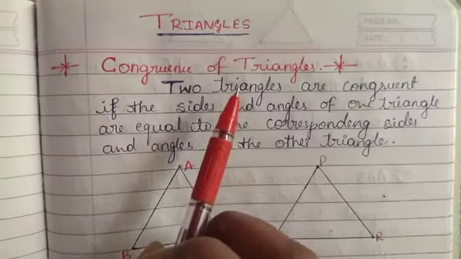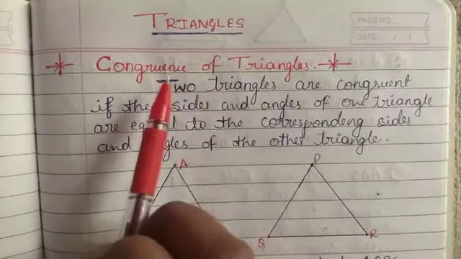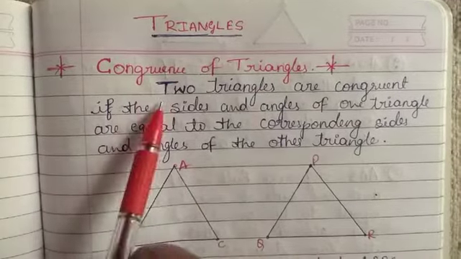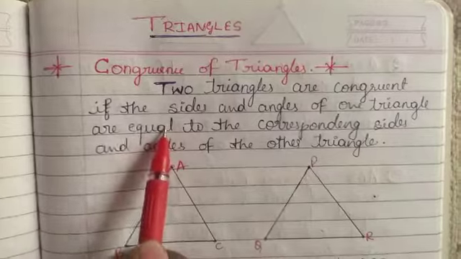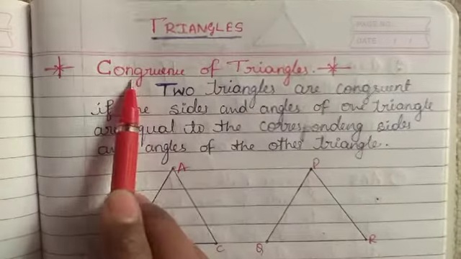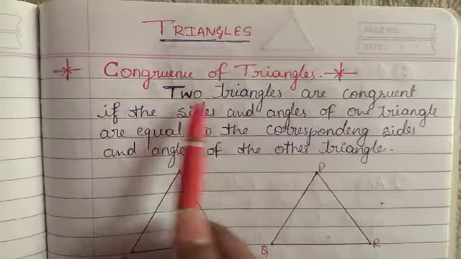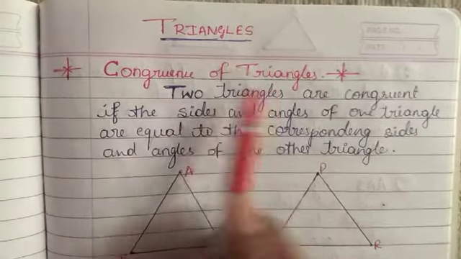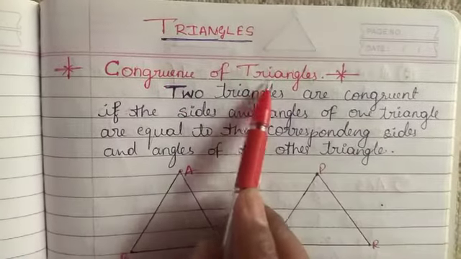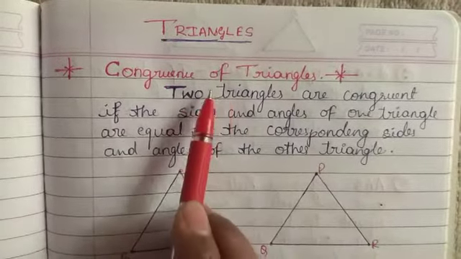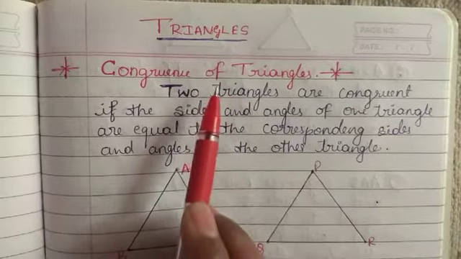And we also studied types of triangles. There are 6 types of triangles. 3 are based on sides and 3 are based on angles. Yes or no? But in this class we are studying congruence of triangles. Okay, so let's discuss congruence of a triangle. In this class, congruence of triangles and criteria of triangles, and also based on the criteria of triangles we can solve the exercise.